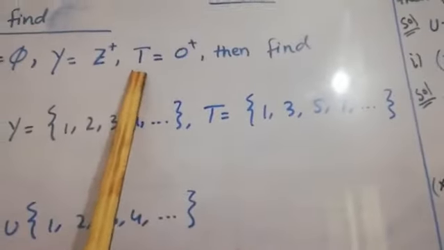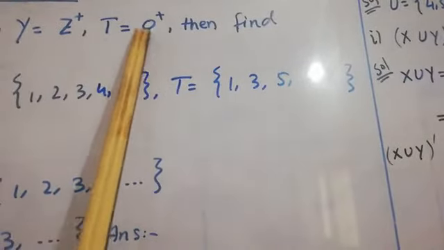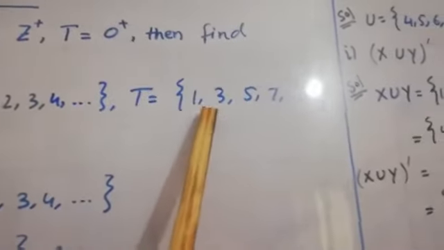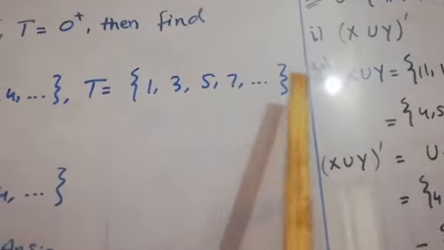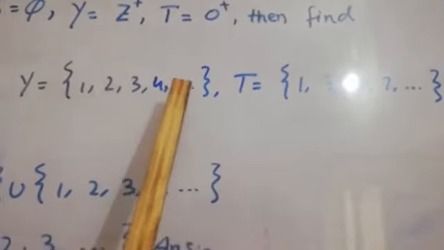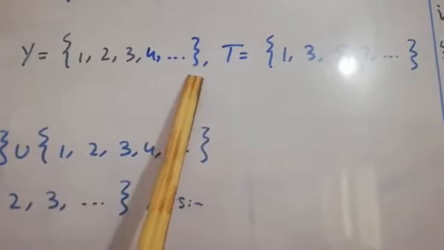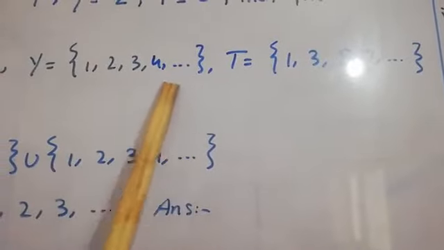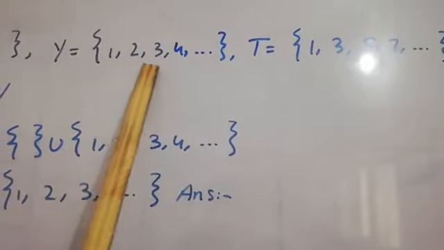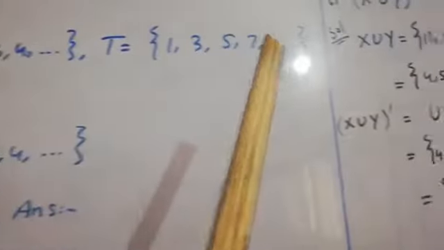And T is a third set which is O plus. O means the set of odd numbers which are not divisible by 2, and plus 1 and minus 1 both are odd numbers. So O plus means we will just select the positive odd numbers 1, 3, 5, 7 up to so on. One thing more, these 3 dots mean up to so on. This indicates that this is an infinite set, meaning there is no end, no last number is written here. So for an infinite set, we will write any 3 elements, and then the dots mean it will go further up to so on, okay?